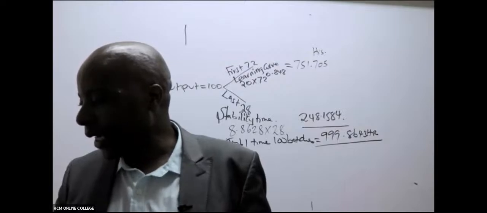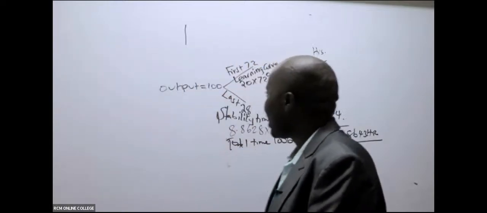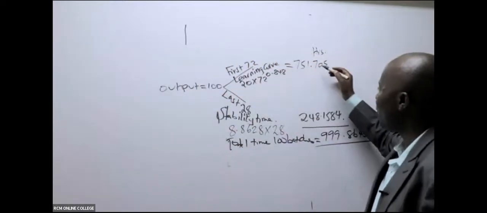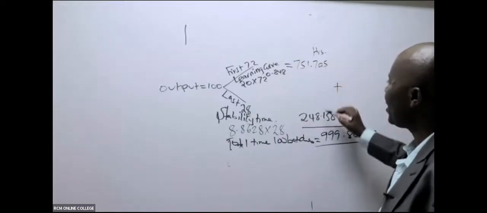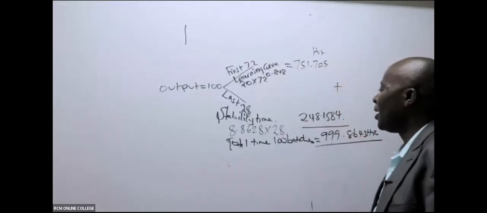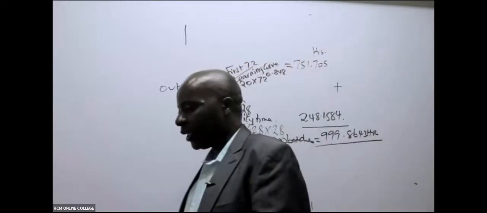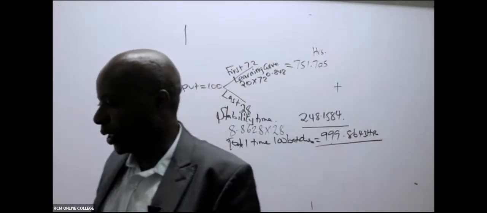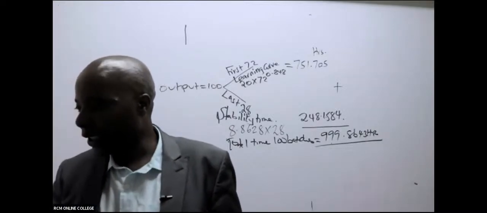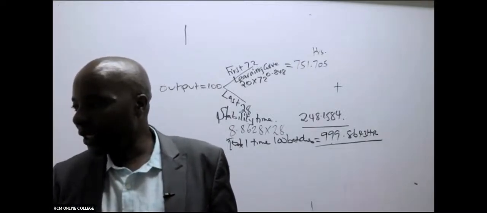How do you get the 999? No problem. We took the time for the first 72 to this one plus this. This plus this gave us this. Or 1,000. So Ruth, I hope you are able to see that. And I can see there is a serious ninja there who has